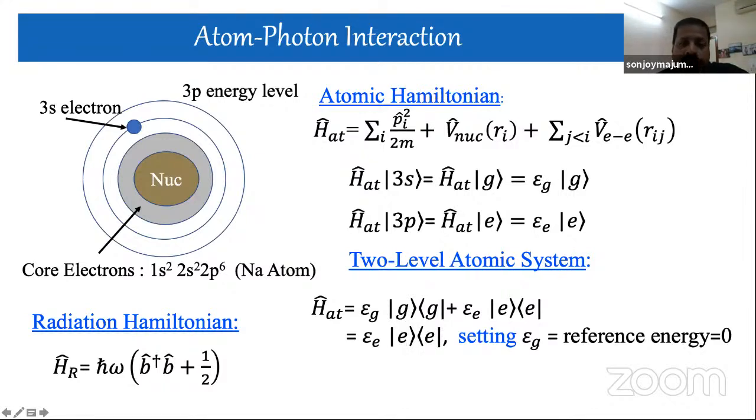So that is your atomic Hamiltonian. And then what would happen? Then we will get that, as you know, in the quantized form, we can write the radiation Hamiltonian as nothing but ħω(a†a + 1/2), for the light which is having frequency omega. So using these two, we would like to see in the next class tomorrow how the interaction Hamiltonian